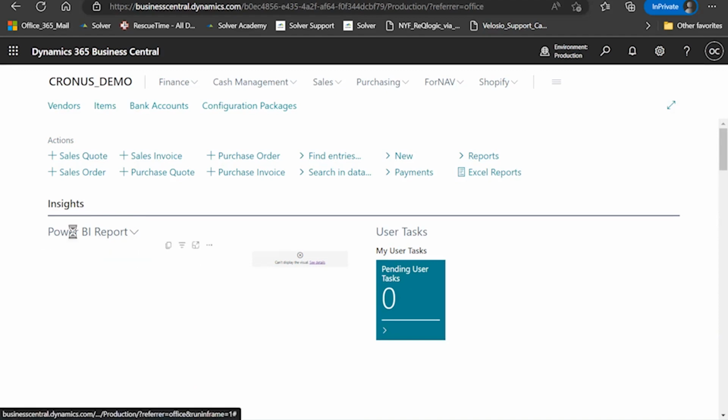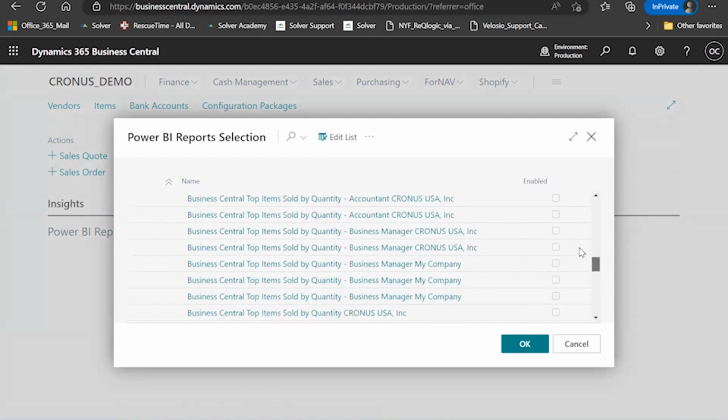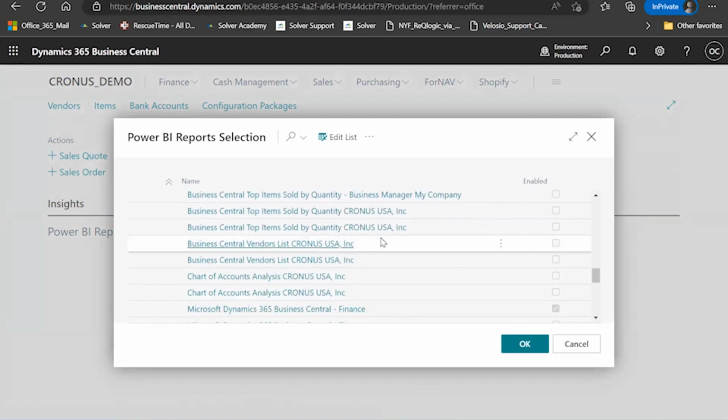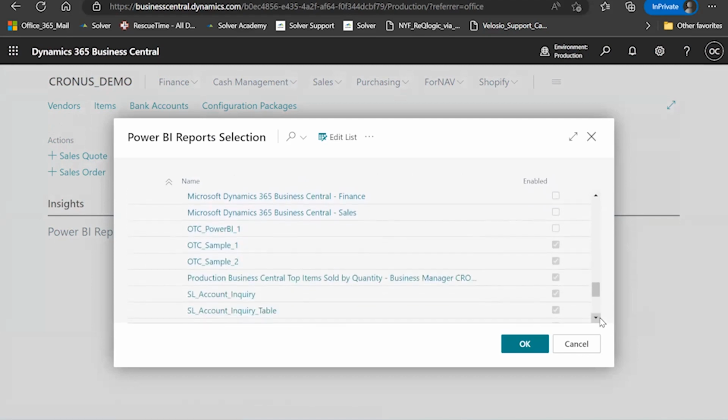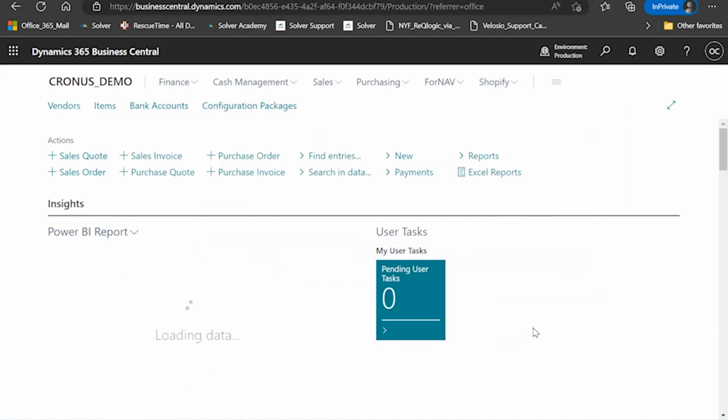I can make any report from that available. So if I wanted to go down to, let's say I made a few custom reports, anything that says Business Central comes with the system. But if I went to my SL inquiry, Power BI,